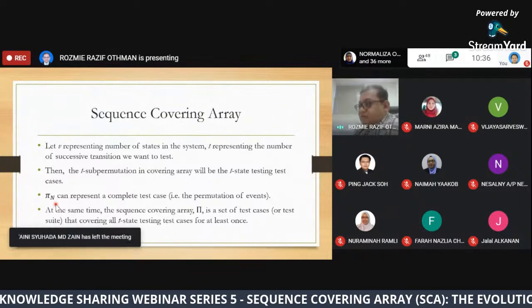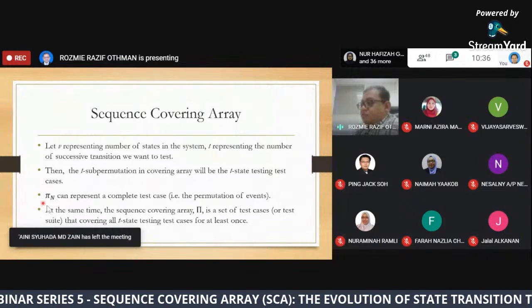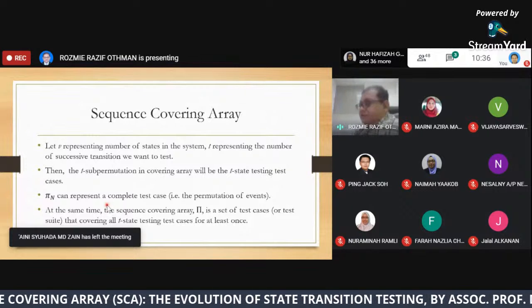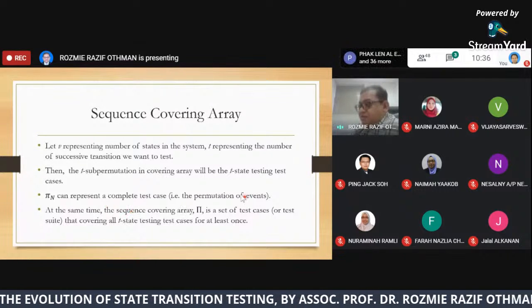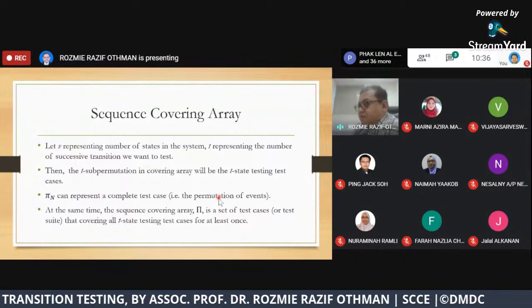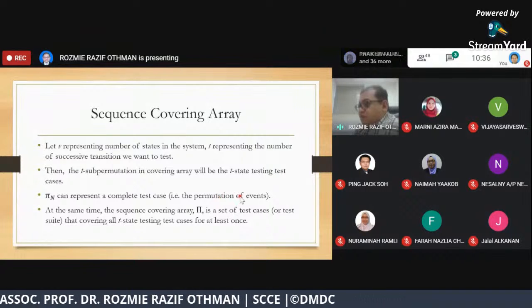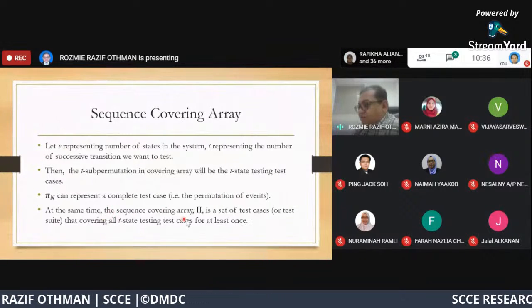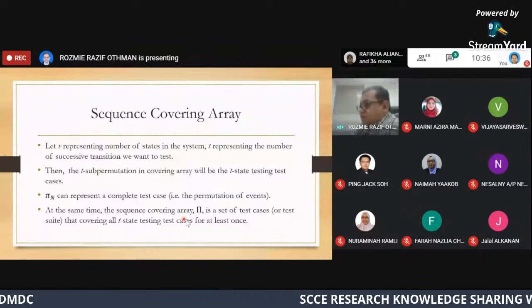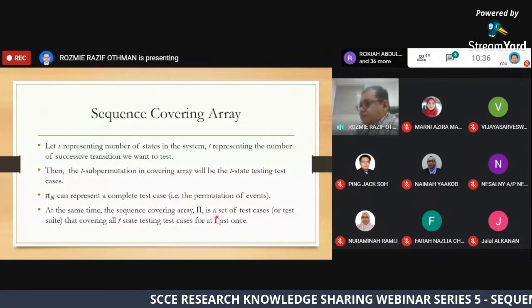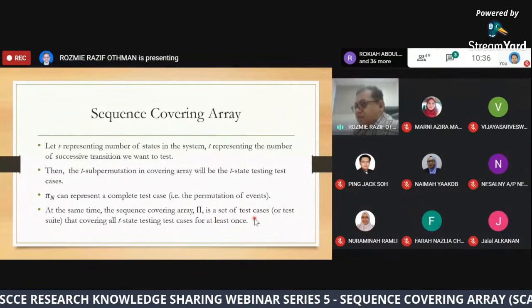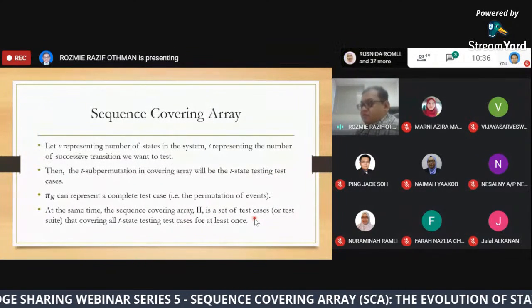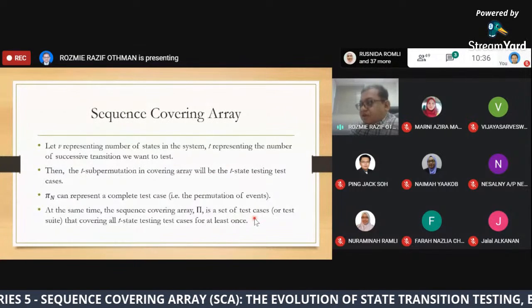The resulting covering array can represent a complete test case for the permutation of the events. At the same time, the sequence covering array is a set of test cases, or we can say a test suite, that covers all the T-state testing test cases at least once.